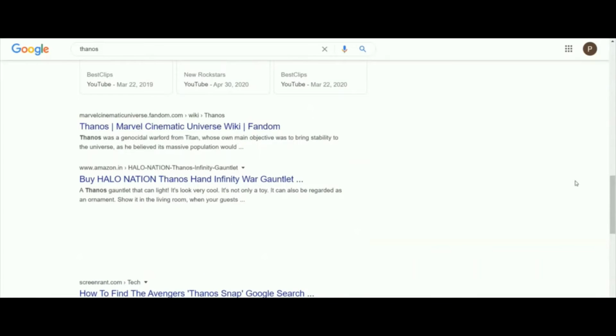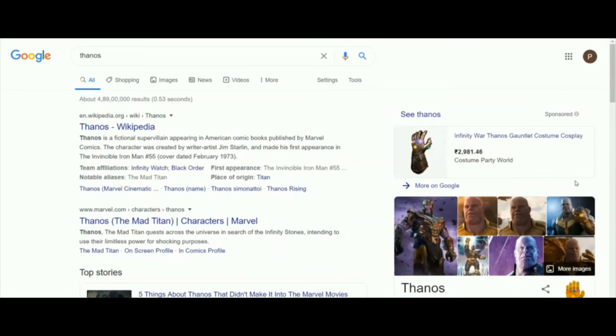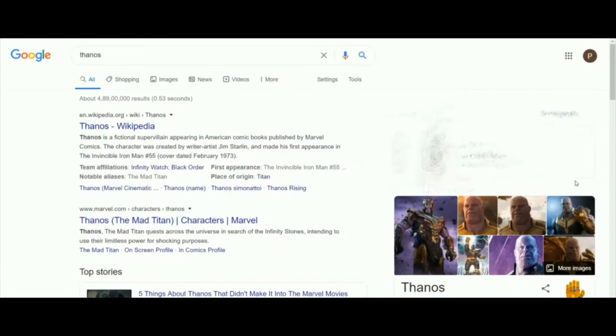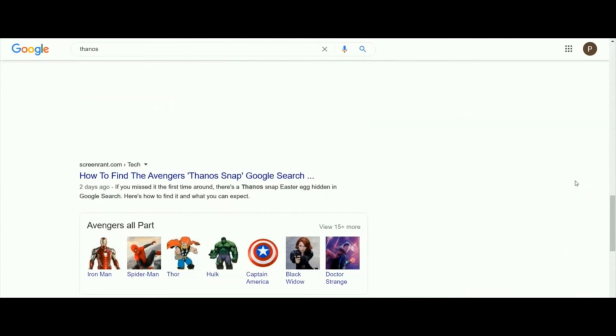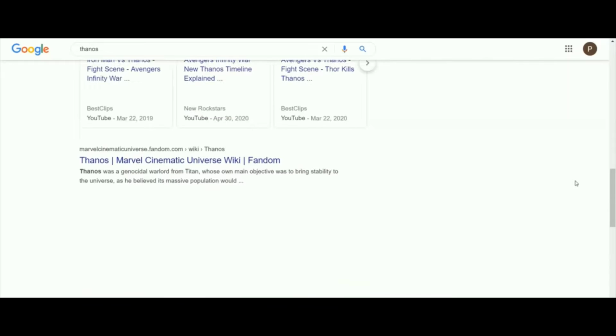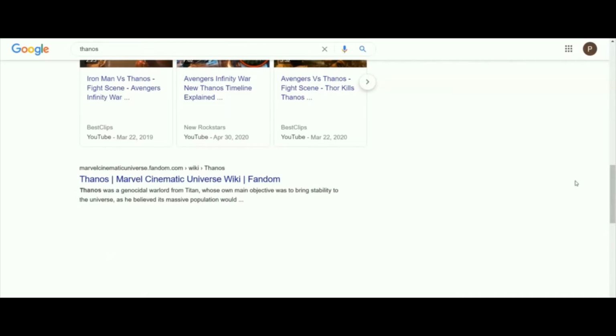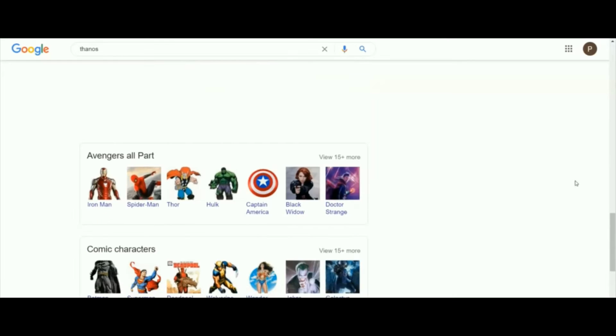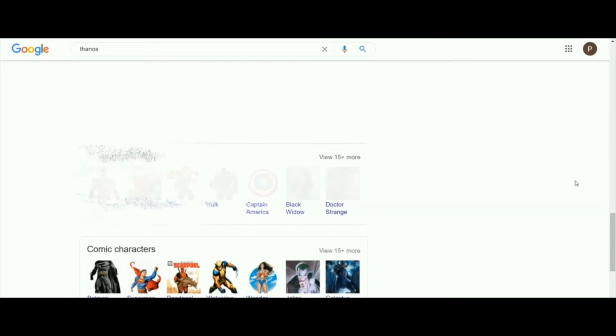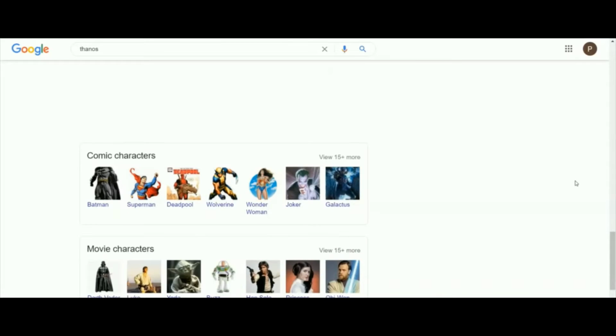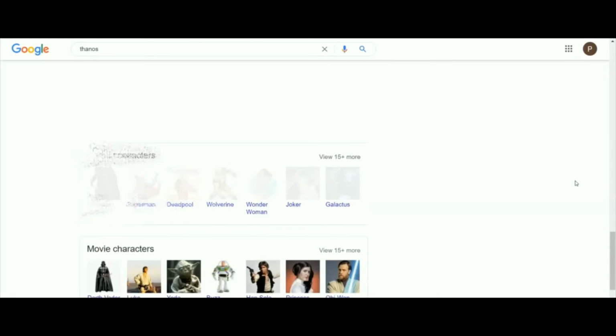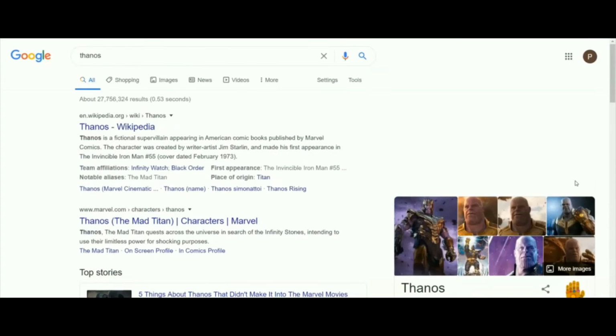Also, the Google page will automatically move up and down as the results tabs disappear. You can see the magic. And at the end, Google also displays the reduction in the number of search results at the top. Yeah, you can see the reduction of search results there.